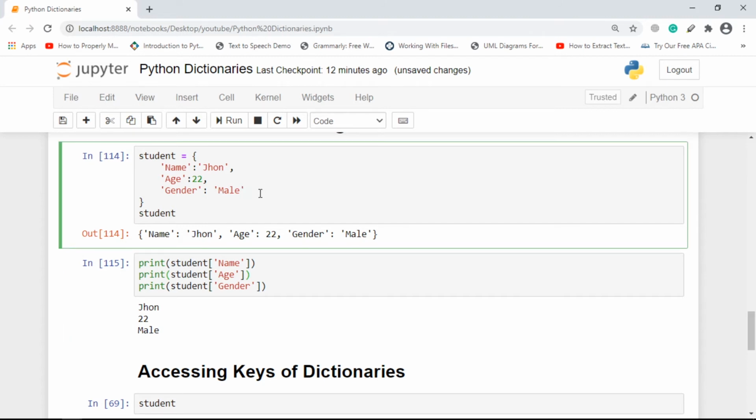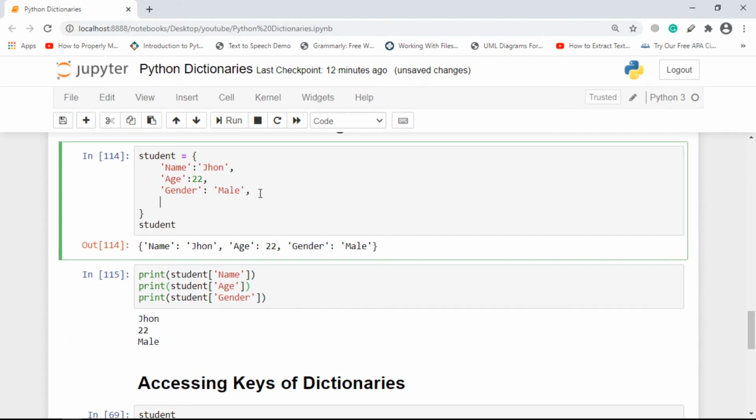One thing more I want to show you guys over here: let's say I am to add some random stuff over here, it's not meant for student. I'm just adding something to show you the heterogeneous nature of the dictionary. Here, against the key 1, I am putting a value which is not a string, not a number, but a list. It could be 1, 2, 3.